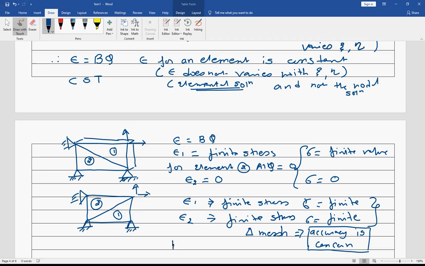So therefore, the term called quality checks comes into existence. Okay, so next time we will talk in detail about this. Okay, so now